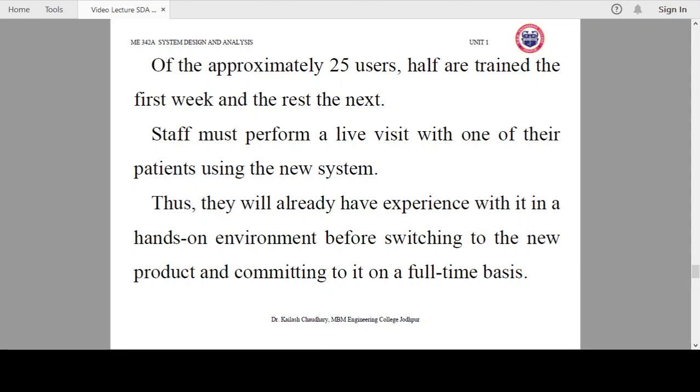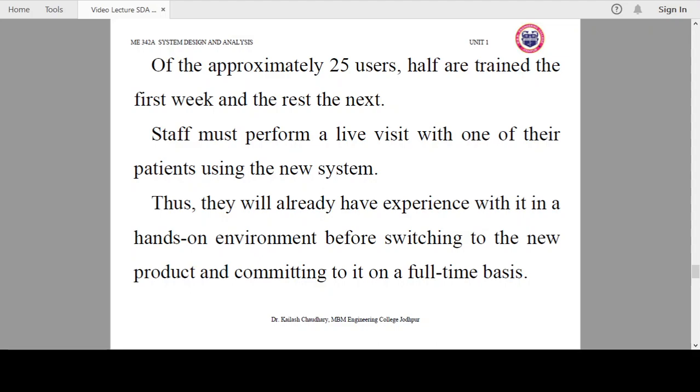So if you are trying a new system and you want to implement it, there are several ways which we have discussed, out of which the user selects the most appropriate method of implementation. Then they implement the new software in the home healthcare system. What are the different steps we have discussed in the last 2 or 3 slides?